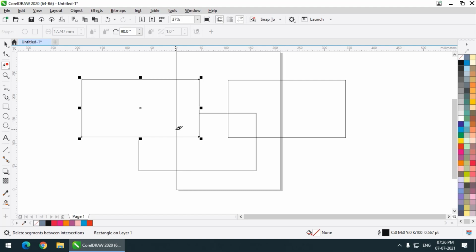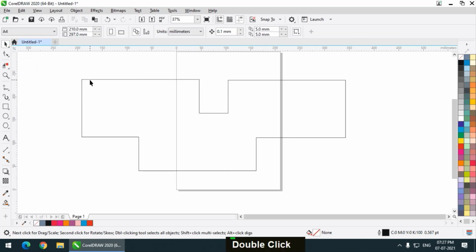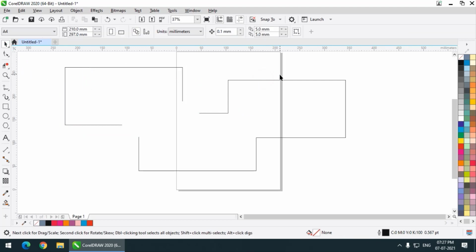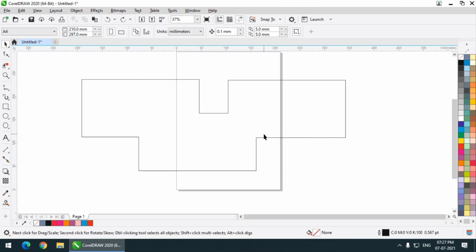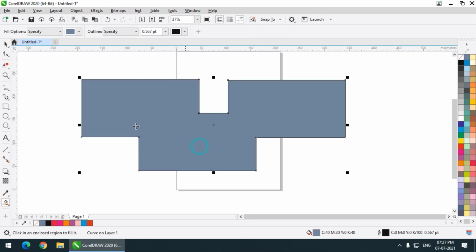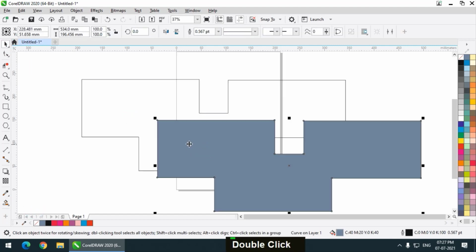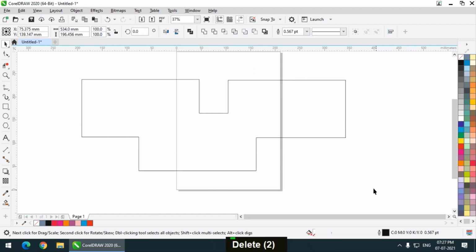Let's say I want to delete this one again, so it will delete like this. These are still independent shapes, so we cannot fill any color in this diagram that we have created, because these are individual shapes, not a single shape. But using the smart fill tool, you can simply create a new shape. So this is a very useful tool. I will show you one more time.